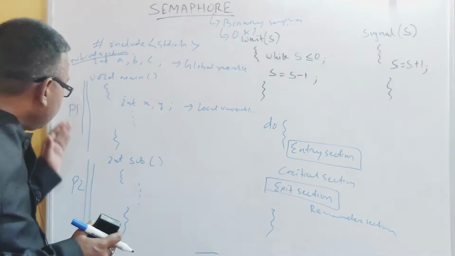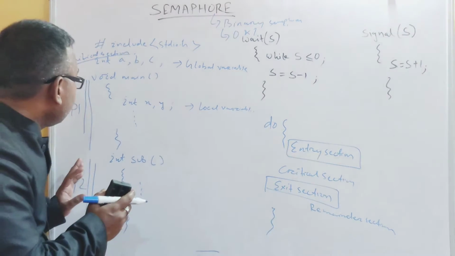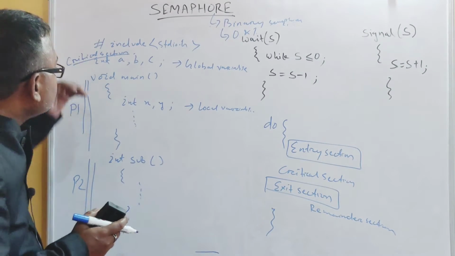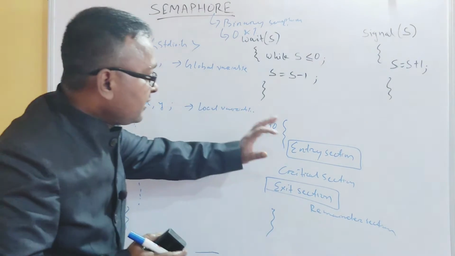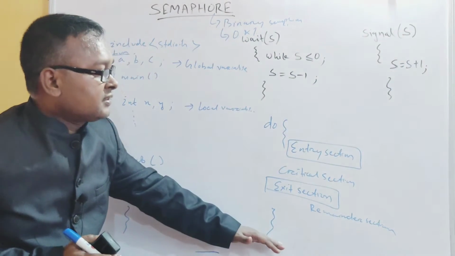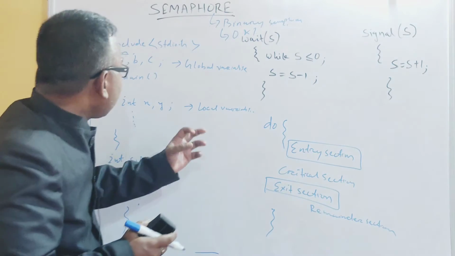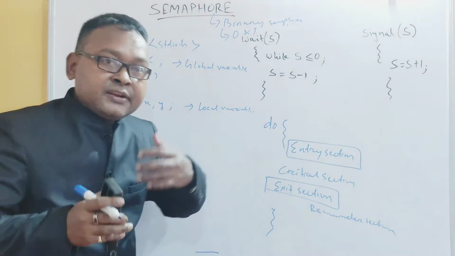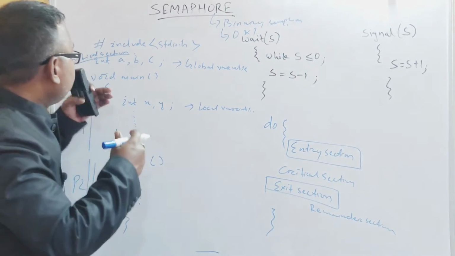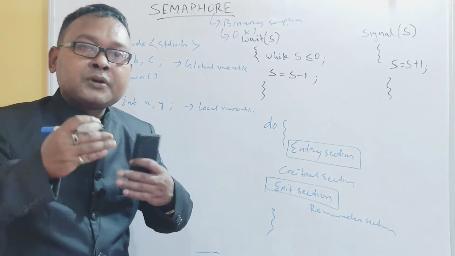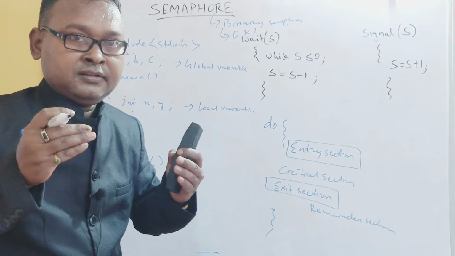That means each and every process, if they want to access the critical section, that means the global variable, needs to take permission, that means execute this particular code to access the global variable. By doing so, the synchronization will be maintained, and the critical section problem will be solved, right?